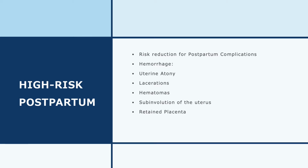With lacerations, lacerations can occur in the cervix, in the vagina, the labia, or the perineum. And it can occur, obviously, during childbirth, or it can be secondary to an episiotomy. It can be an extended episiotomy depending on what happened with the patient. This usually occurs when they have large babies or they have an operative vaginal delivery, either with forceps or a vacuum extraction, or when we have precipitous labor because the soft tissue in the birth canal doesn't have time to gently stretch. Okay, remember precipitous labor occurs within 3 hours, and so everything goes really, really fast, and there are more chances of developing